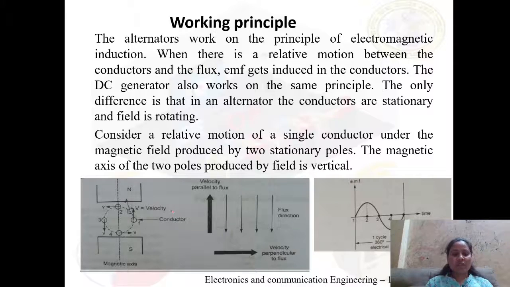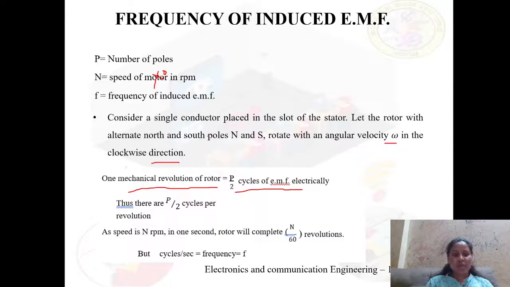And suppose we take a 4-pole rotor, then it produces 720-degree electrical rotation, or 2 complete electrical cycles. Therefore, one mechanical revolution of the rotor will be considered as P by 2 cycles of EMF produced electrically. Therefore, there are P by 2, that is number of poles divided by 2, cycles per